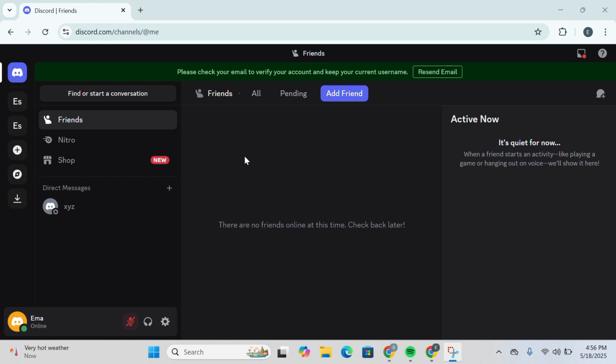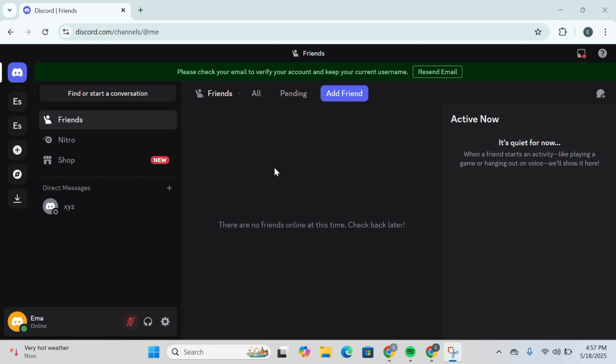So let's get started. The first thing that you need to do is simply turn off your Discord application, or if you're using Discord web, you can simply close the tab and then restart your Discord. Sometimes the issue is related temporarily to the application or the browser. So once you close that and then open the Discord application again, or simply open your browser again, your issue would be resolved. Or if the issue is still there, you can try restarting your computer or your laptop and that